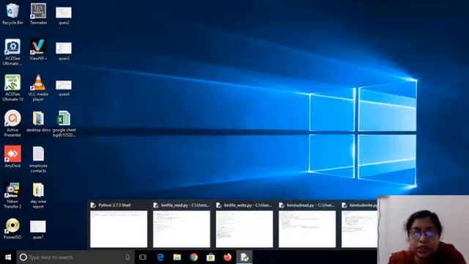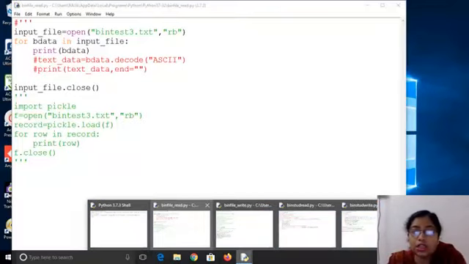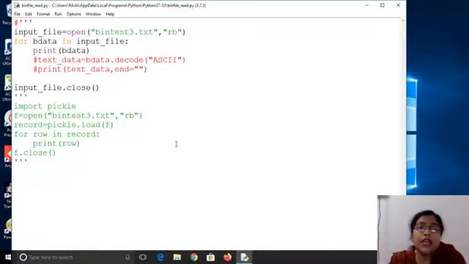So let's start. At first, we will see reading a particular file. When we are reading or writing a binary file, we will use the mode rb for reading, wb for writing, ab for appending, and so on. That means b is denoting the binary file.